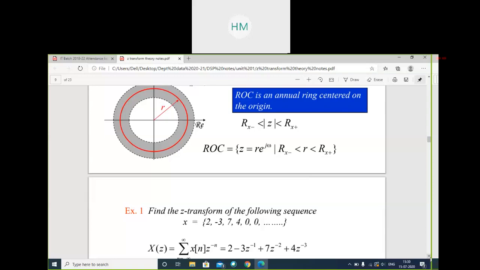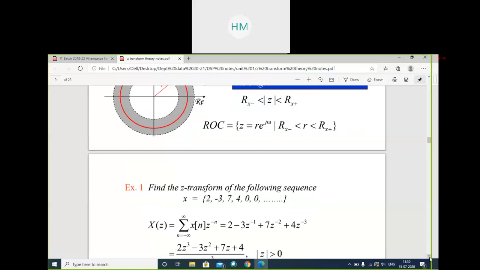Because nothing is mentioned over here. You know how we mark the origin in the equation? If a down arrow is marked, that tells you the zero position, n equal to 0. Here nothing is marked, so we will assume the first value is located at n equal to 0, and then n equal to 1, 2, 3, 4, 5 and so on. Clear? So now simplify this equation in your copy, write it down so that whenever you study, you will come to know.